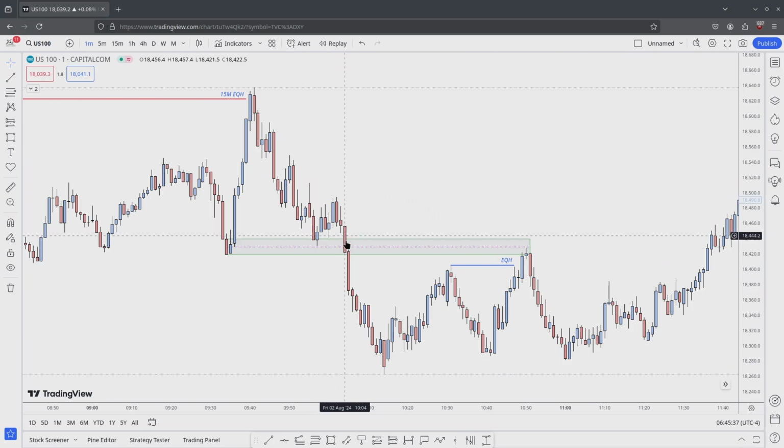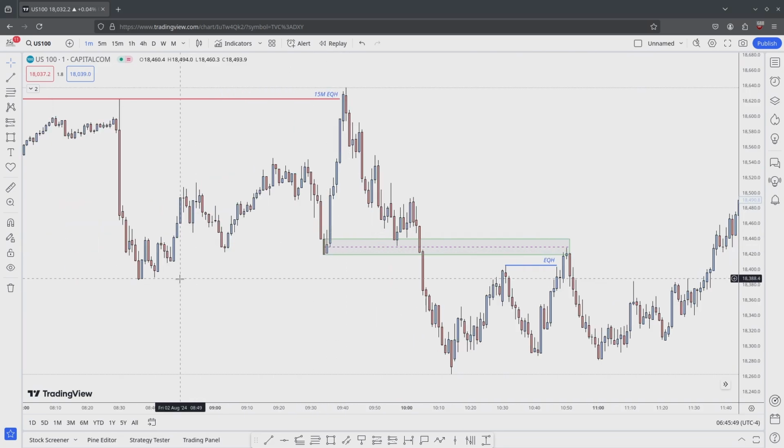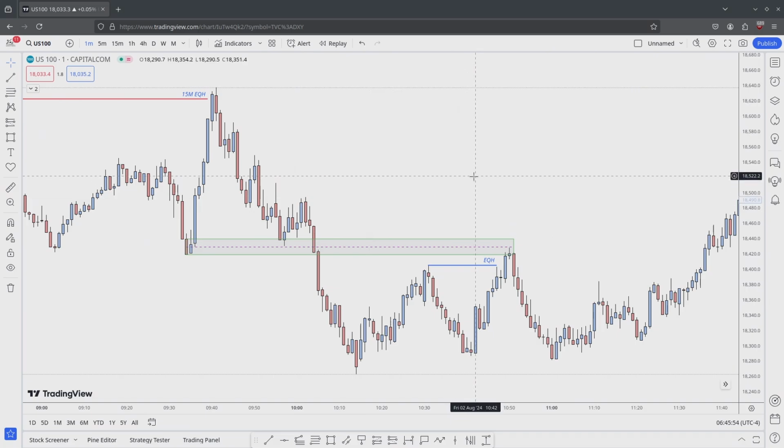We had a nice impulse move here, validating that breaker block. So the impulse move was present. The market structure shift was also present as we cleared these lows. So market structure shift would still be a check. Do we have a clear draw on liquidity? Yes, we do. We still have